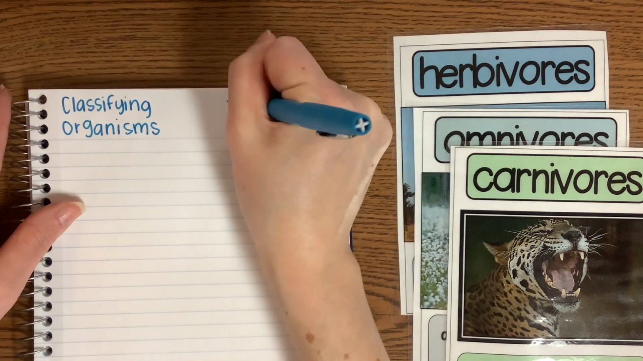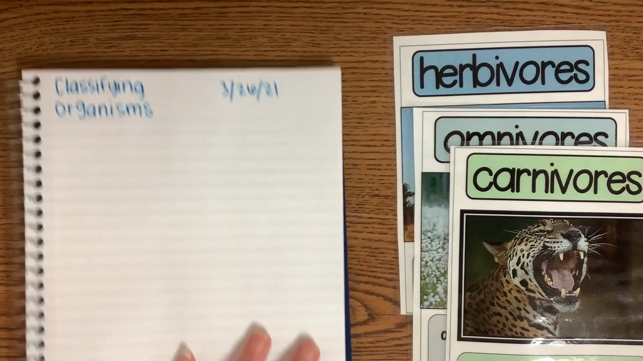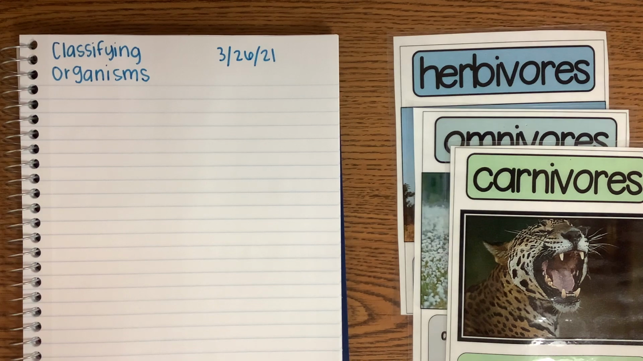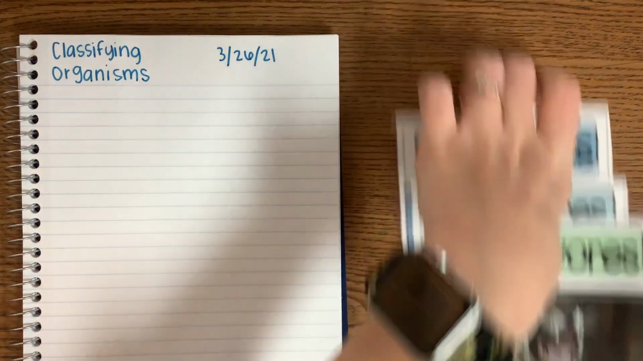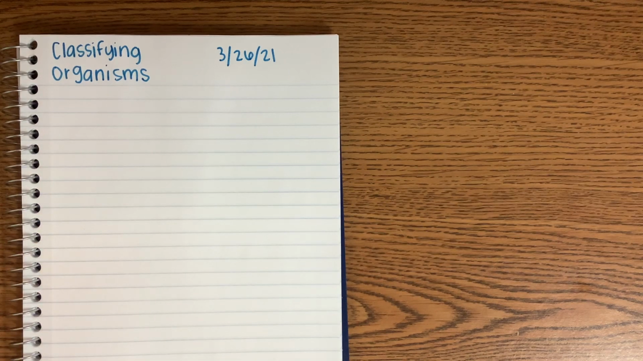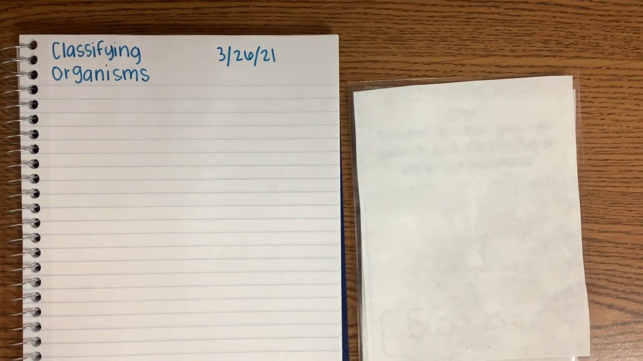And I'll write the date again. So, what changed? Before I wrote classifying organisms, before I wrote classifying animals, this time I wrote classifying organisms. So an organism is any living thing, right? It includes animals, but what else does it include? It also includes plants. We didn't talk about plants on our last page, but we're going to talk about them on this page. So, before we classified animals based off of their diet or what they eat,